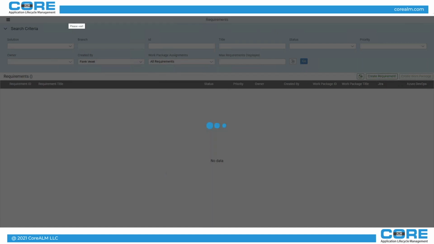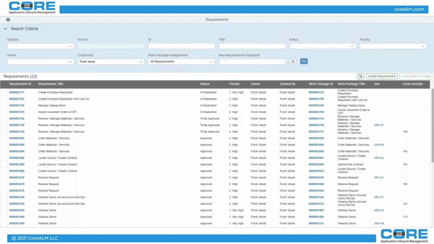So this is part of our Scrum board. In our Scrum board, I will have all the requirements created by me. I can select this one, for example, and also create here. I will have the option to create it in Focus Build, create it in Jira, and create it in Azure DevOps. If I select create in Jira,